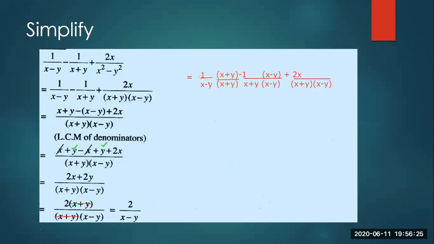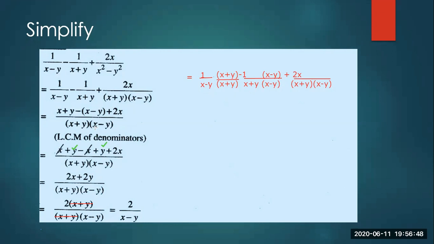Look at the first fraction, that is 1 over x minus y. Here you can see x plus y is missing, so I'll multiply x plus y both in the numerator and in the denominator: x plus y into 1 and x minus y into x plus y. Second fraction, minus 1 over x plus y,